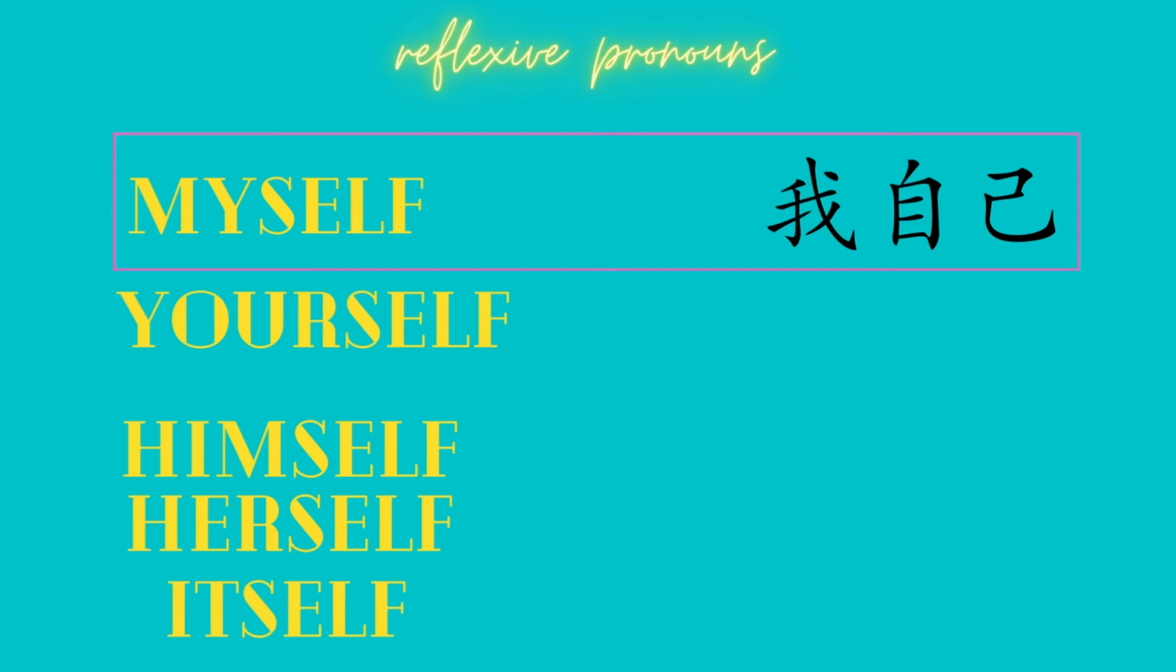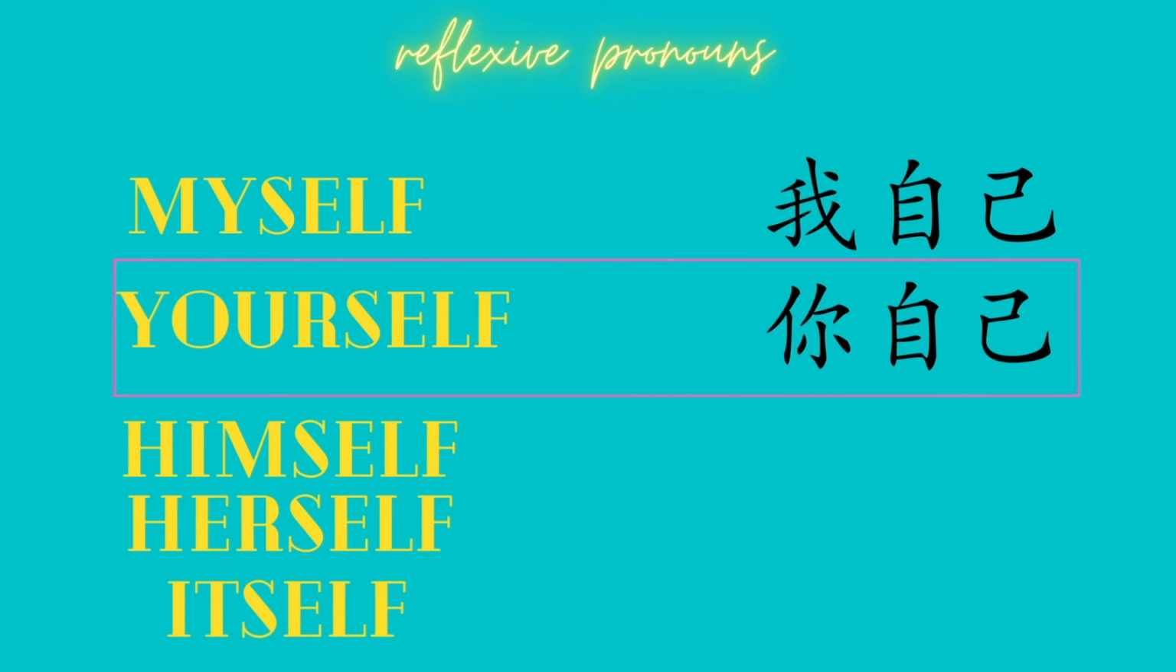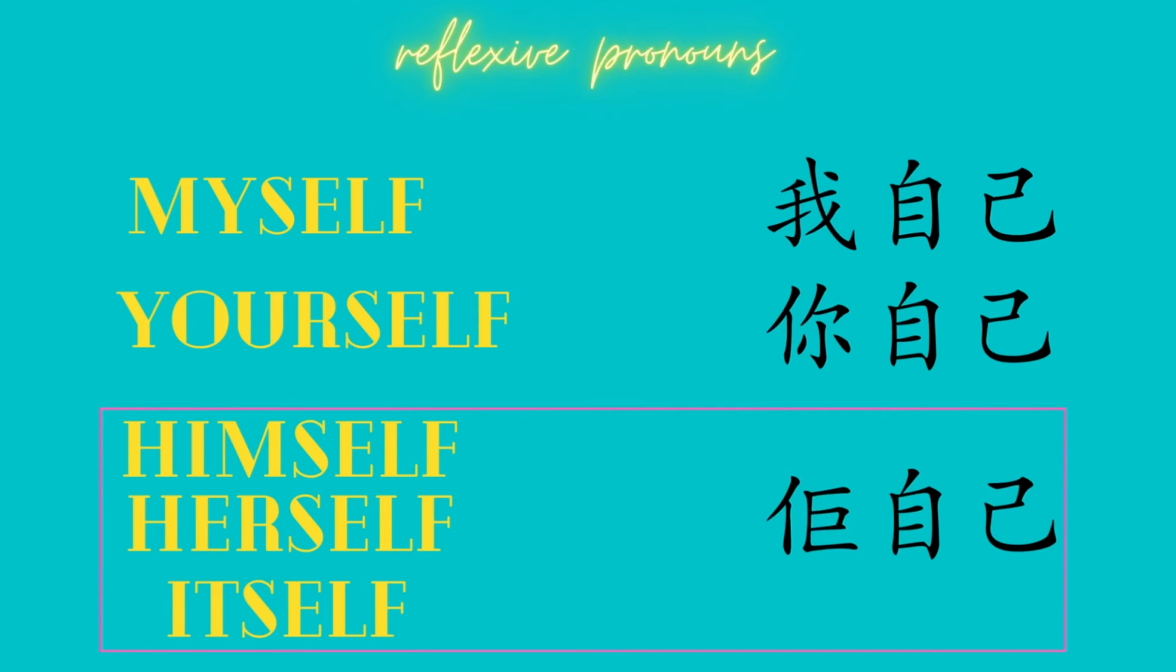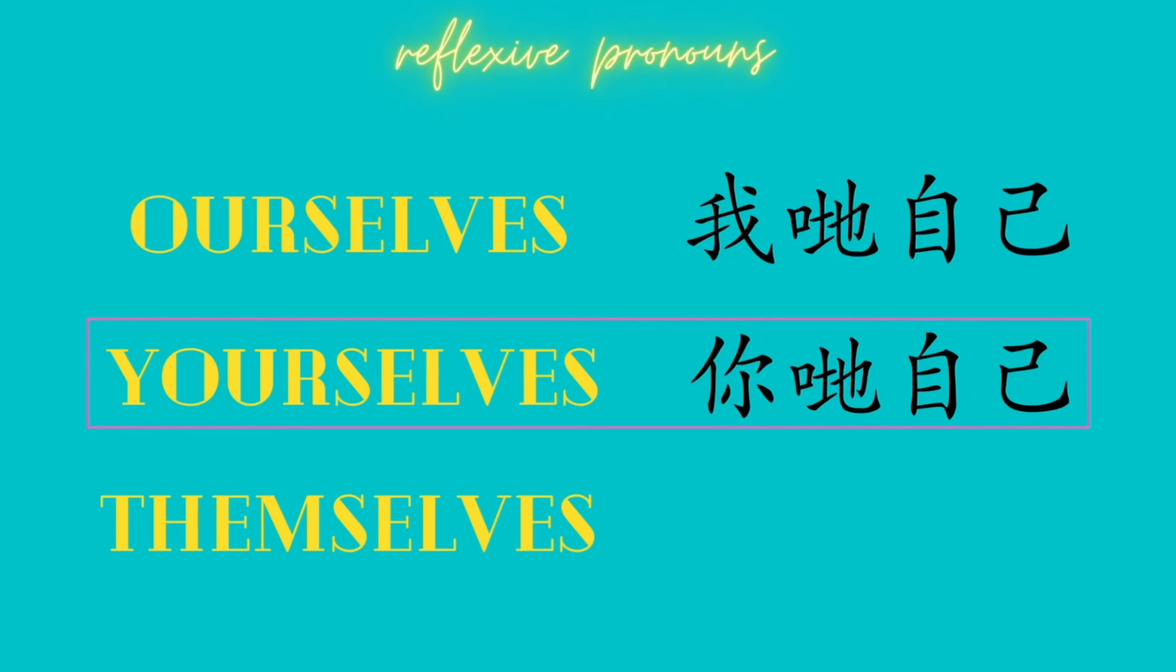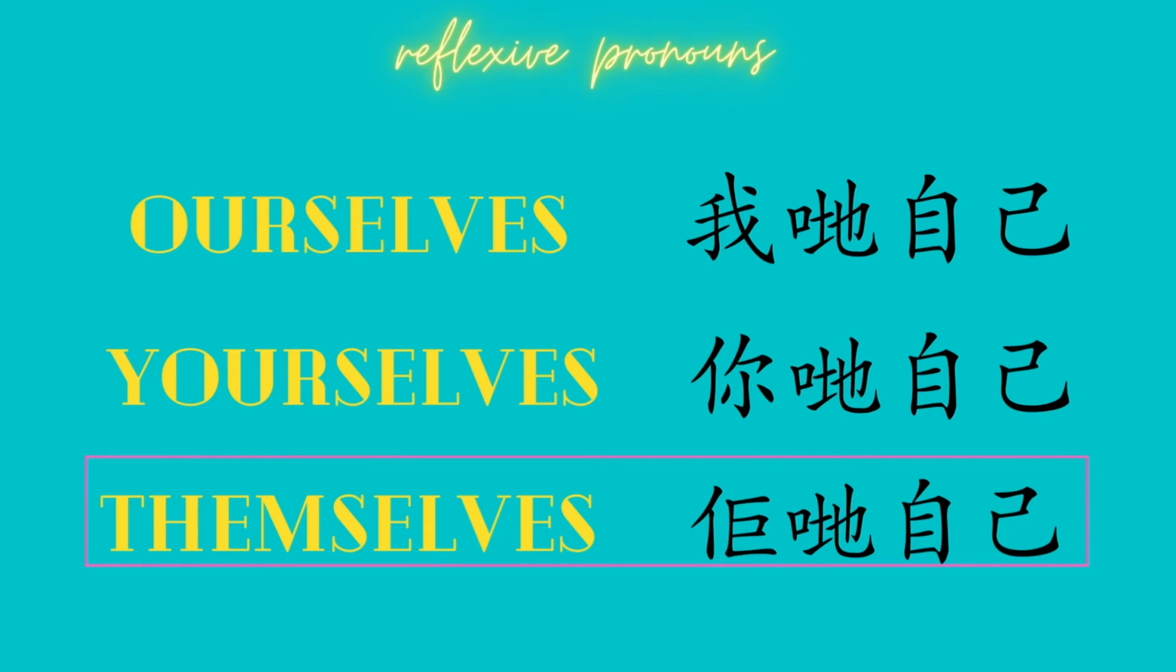For myself, we say 我自己. For yourself, we say 你自己. For himself, herself, and itself, we say 佢自己. For ourselves, we say 我哋自己. For yourselves, we say 你哋自己. For themselves, we say 佢哋自己. Before we finish, let's take a look